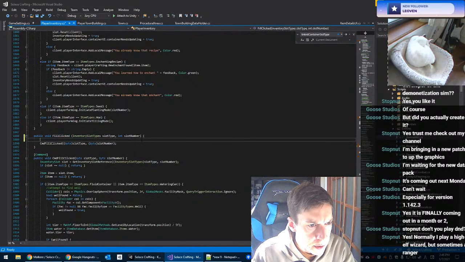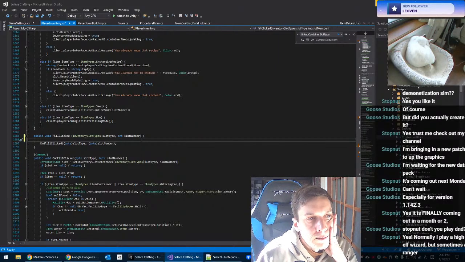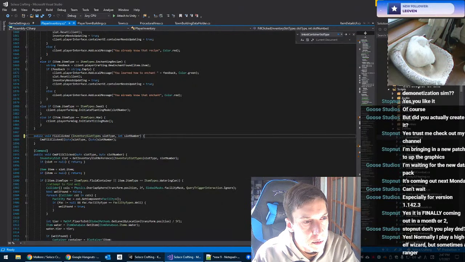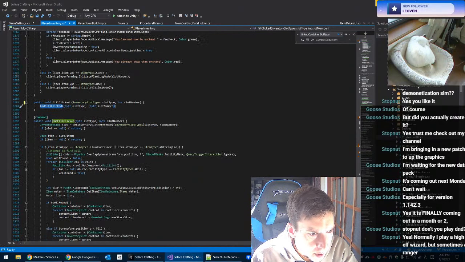We just need to say, like you could even open one and then be clicking on another one and telling it to. I mean, we've got the whole thing being passed here, slot type, slot number. We just need to not use